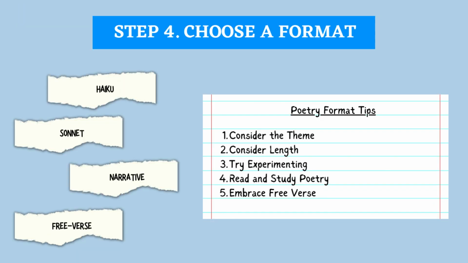Step 4. Choose a format. Decide on the format or structure of your poem. It could be a free verse, a sonnet, a haiku, or any other poetic form. Here are some tips on picking the right format for your poetry idea. Consider the theme. Certain formats work better with particular ideas. For example, a sonnet might work well for expressing love, while a haiku is great for capturing the beauty of